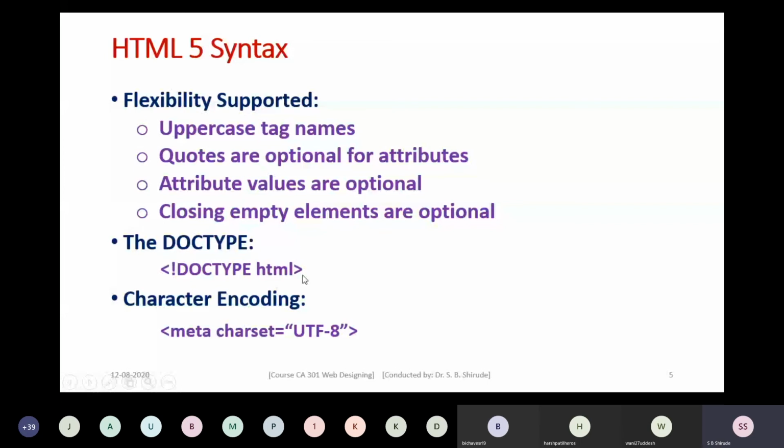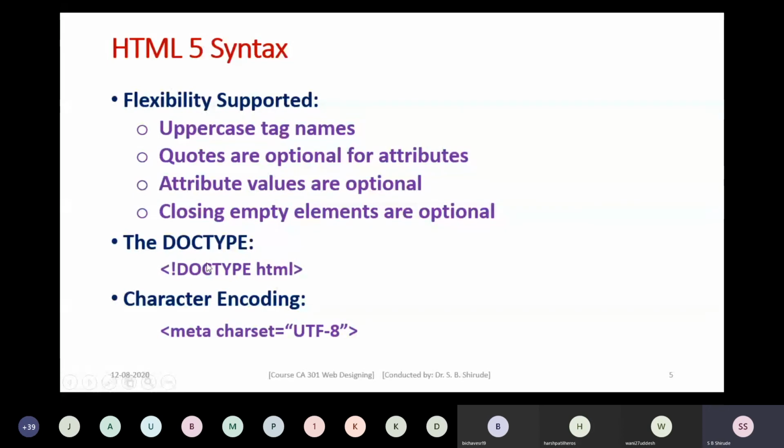But in HTML5, this syntax has been made very simple: the angular bracket, exclamation sign, DOCTYPE followed by html. Just close the tag and proceed to the next section. This way, this particular line has been made much simpler.